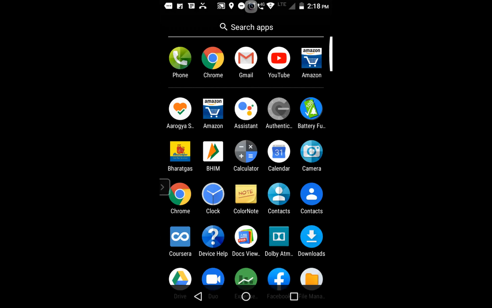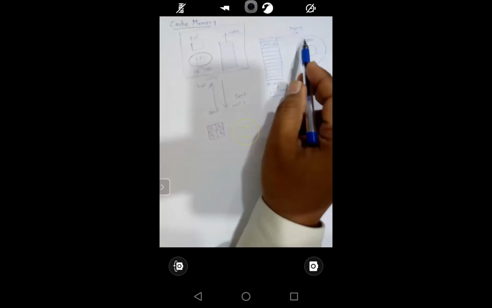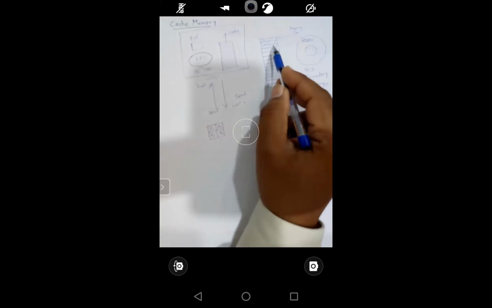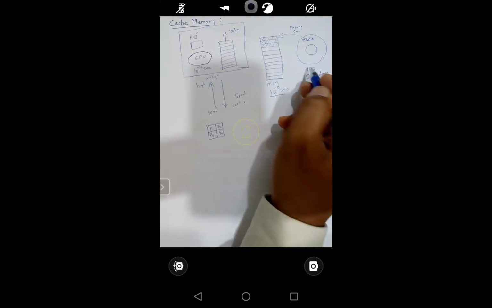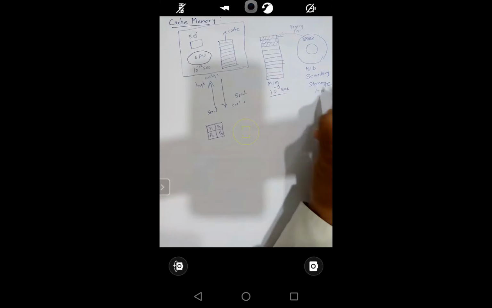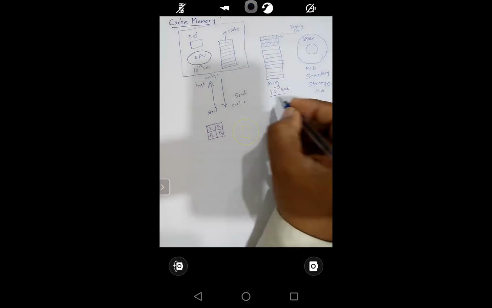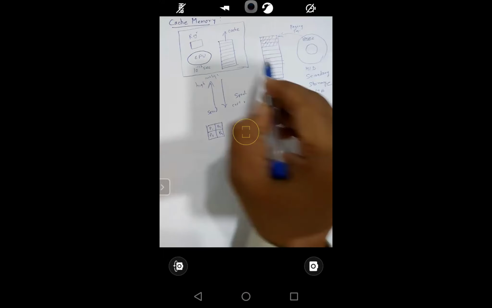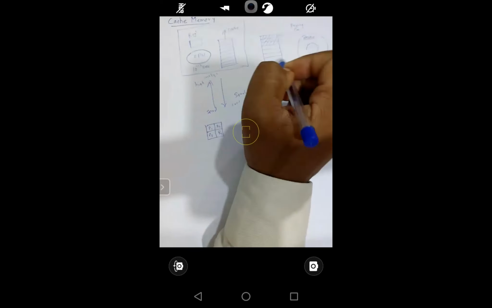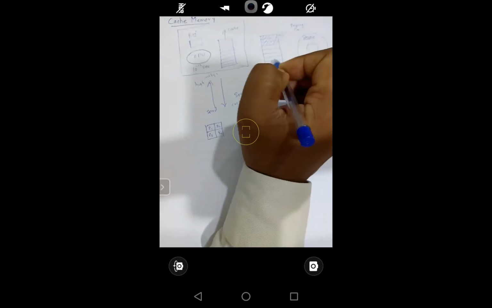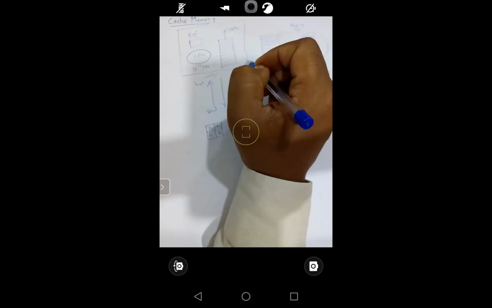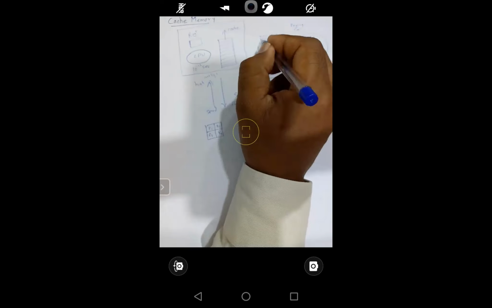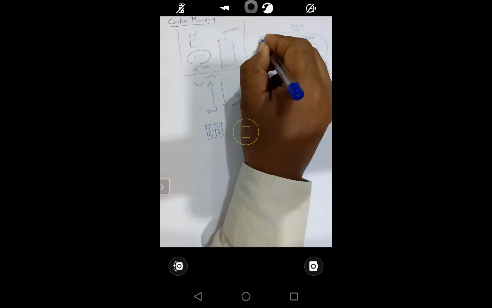These pages are filled. Now the cache again, why actually have we added only part of the data? Because the size is less. The RAM size is less, obviously, compared to the hard disk. Like your hard disk is, for example, 1 TB, your RAM is maybe 4 GB, right? So the size is less. Again, you cannot transfer your complete data from the main memory into the cache, because again the cache size is less, right? So what we can do, we will transfer the required byte of data into the cache, right?